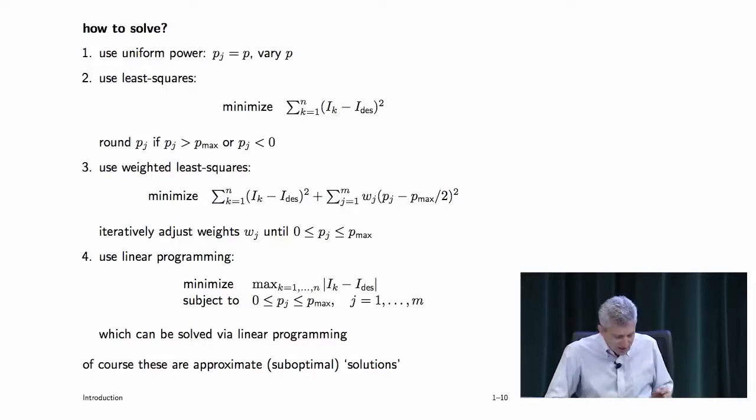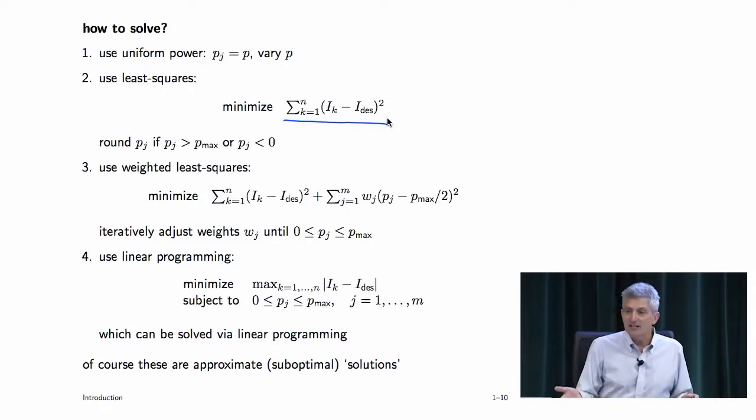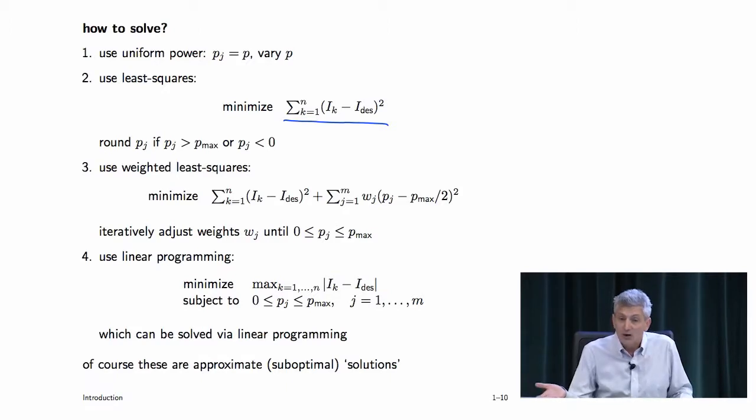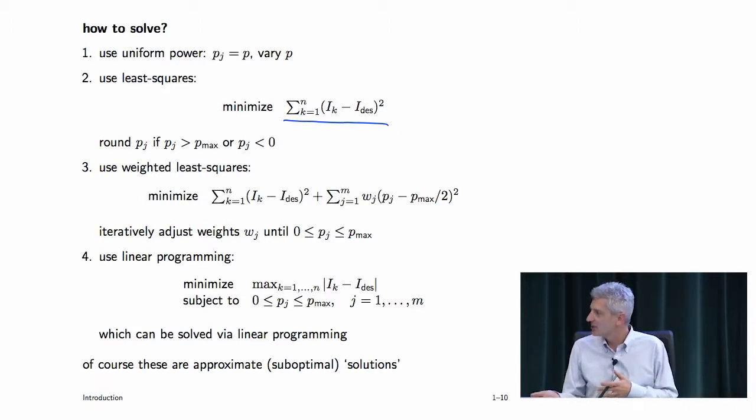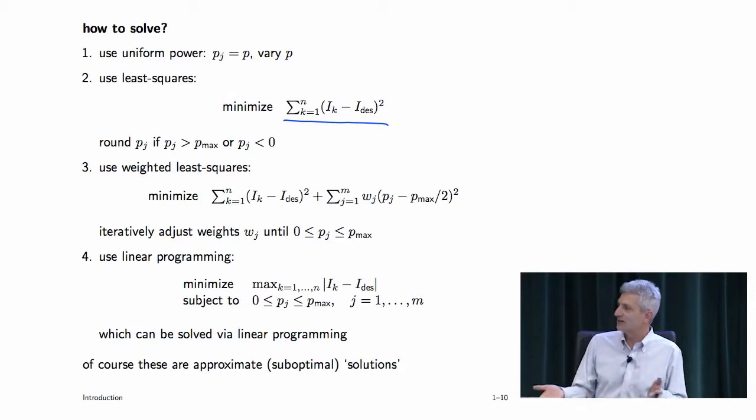Okay, you might use least squares. So you might do something like this. You might say, well, the idea is to make I_k equal to I desired, right? I really want to make it equal in a minimax percentage error, but screw it. I mean, one measure of being close has got to look something like another one, so I'll use least squares, for which I have technology. Okay, so I'll use least squares.